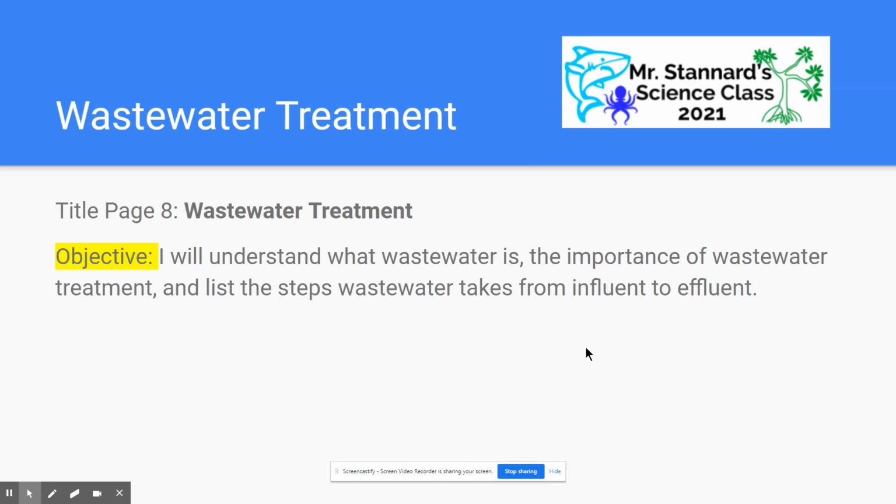So the first thing I'm going to ask you to do is at the top of page 8 in your notebook, go ahead and title it wastewater treatment and write down your objective. Throughout this presentation, feel free to obviously pause me if you need to. I felt like this was a better way to connect with students because I know that sometimes when I'm up in front of the class